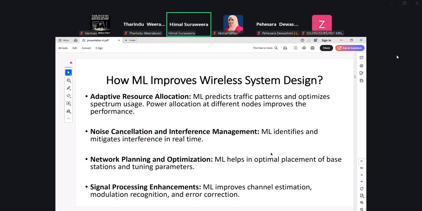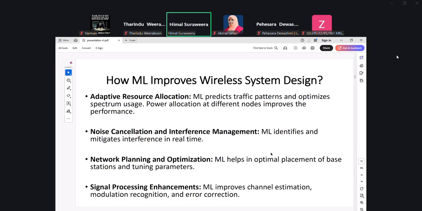Then, all communications are interrupted by noise as well as interference coming from other networks. So how to manage interference, as well as how to cancel noise and recover your useful signal. Again, of course, you can deploy classical algorithms, but machine learning also is helpful.